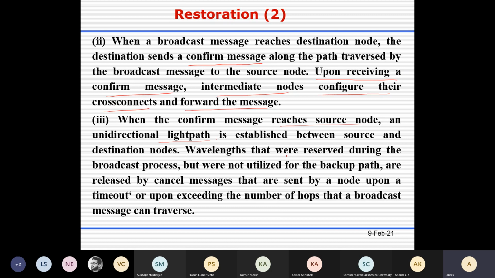Wavelengths that were reserved during the broadcast passage but were not utilized for the backup path are released by a cancel message. So there is another message, the cancel message, that will undo the wavelength reservations which are not being used. They are sent by a node upon a timeout or upon exceeding the number of hops that a broadcast message can traverse.